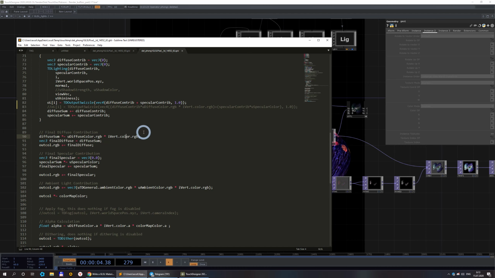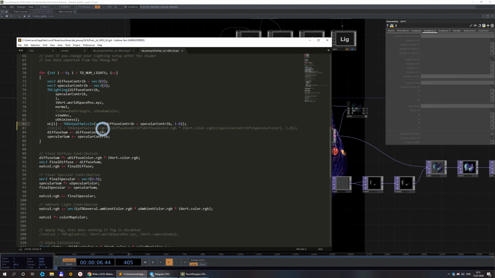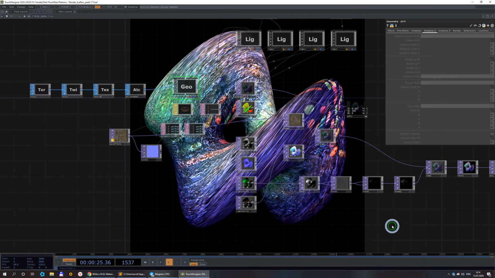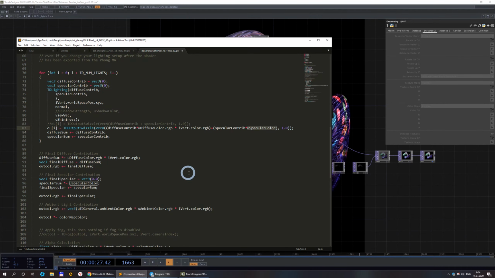So that's why you could output for every light not just diffuse plus specular, but diffuse contribution multiplied by diffuse color and vertex color, plus specular contribution multiplied by specular color. And right now if I save it,